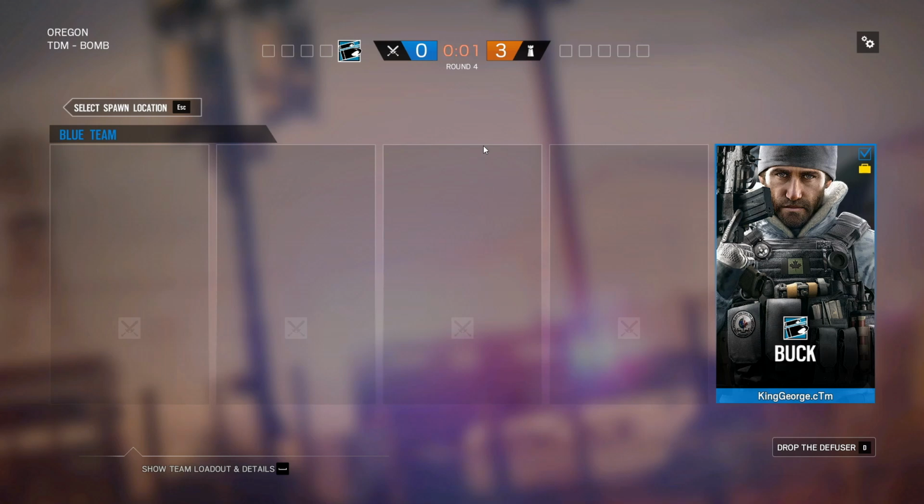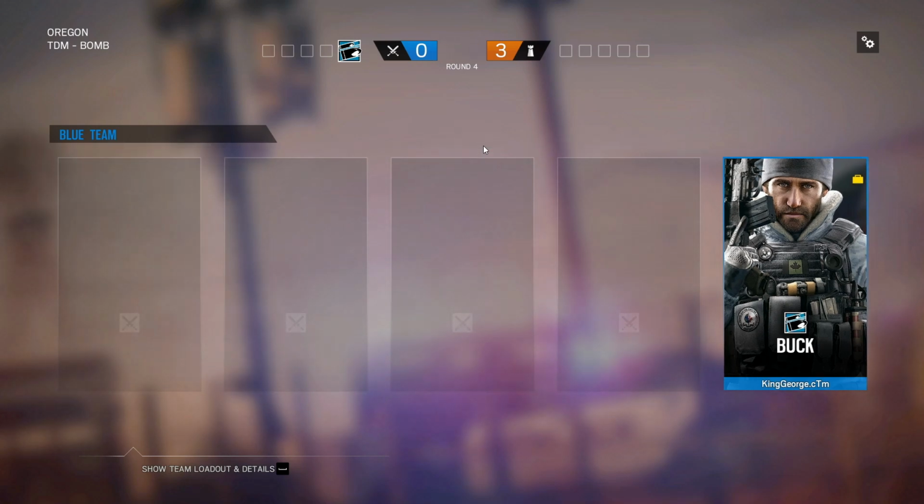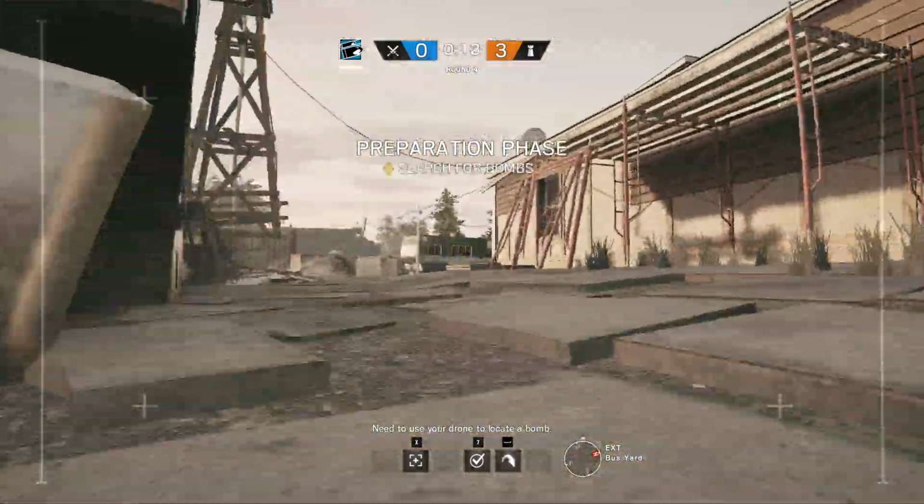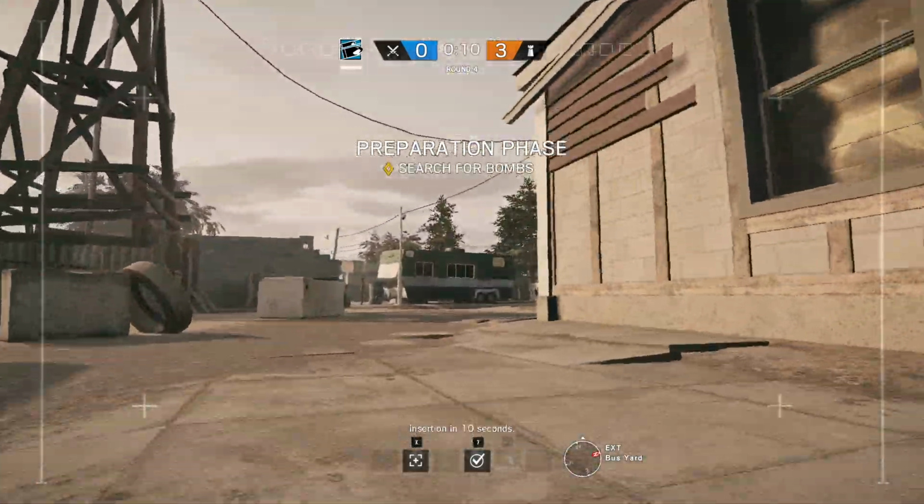Gonna want to spawn junkyard. We'll go over the big window take. You would want to spawn street if you're doing an armory side take. So I kind of wanted to go over here so I could show you guys how to exit this spawn